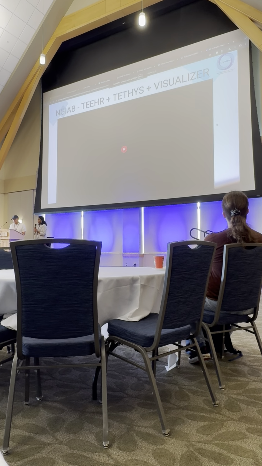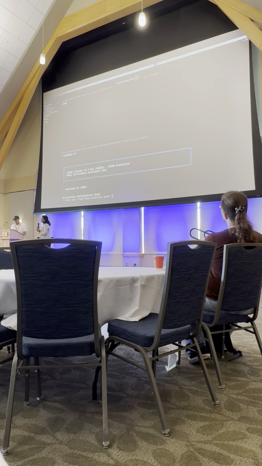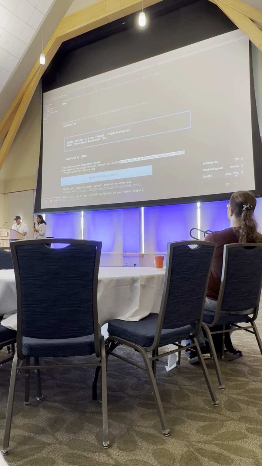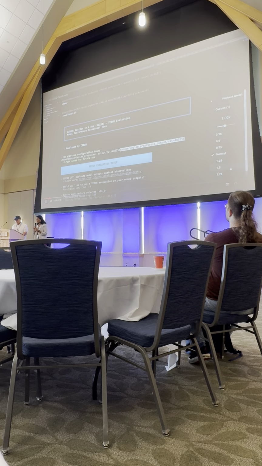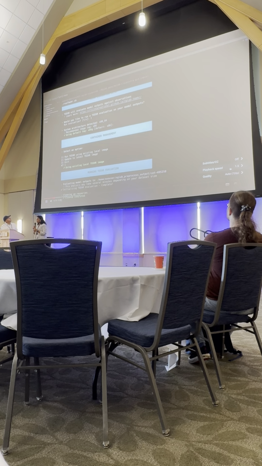So we have integrated T-Route and the Tethys visualizer as well in this whole pipeline. This is how you run T-Route. There's one script, run T-Route.sh, that RTI is working on and helping us integrate into NextGen in a Box. So it's a great community effort that's coming together in one place.